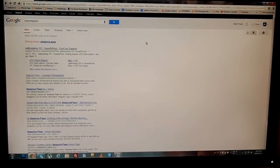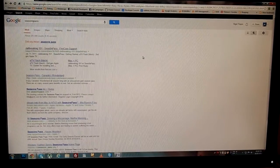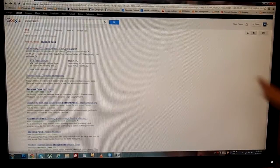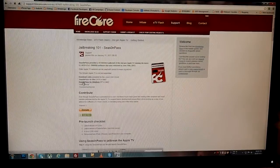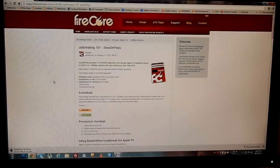Alright, let's get started. The first thing you want to do is get Seas0nPass from Firecore's website, and you just go to Google and enter Seas0nPass all in one key phrase. You'll come to a website that looks just like this, and depending on your machine, choose the correct one that you use. For example, I'm using Windows 7, so I would just click on Seas0nPass for Windows right here. Okay, so just click on it, and on the bottom left hand side the software should start to be getting